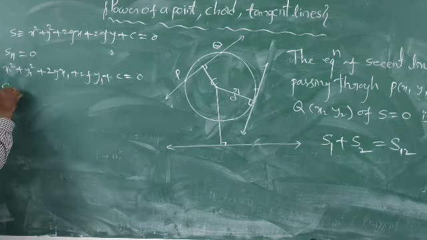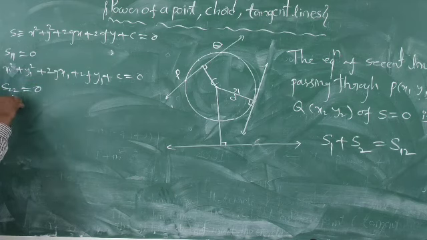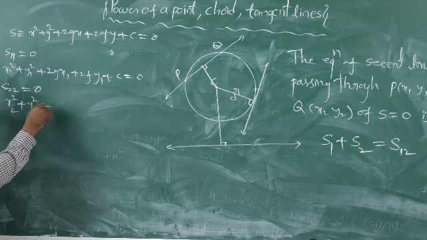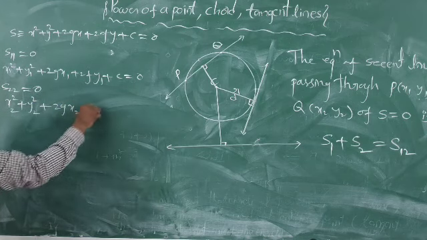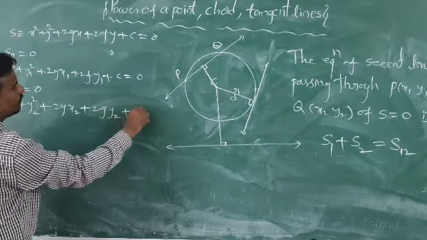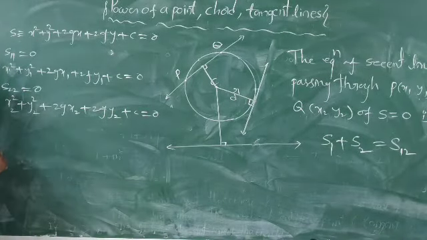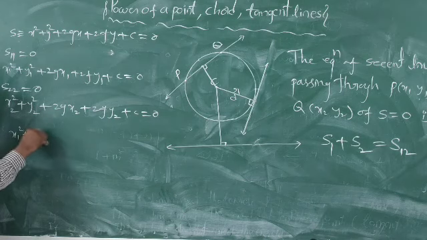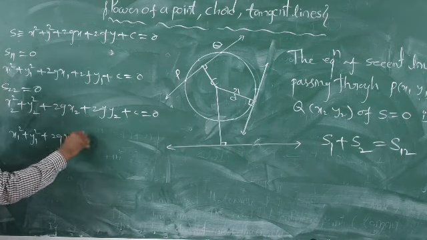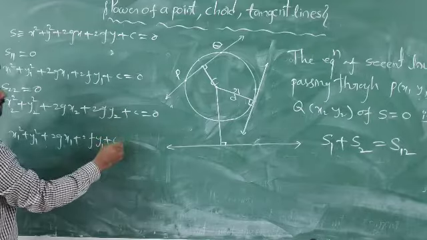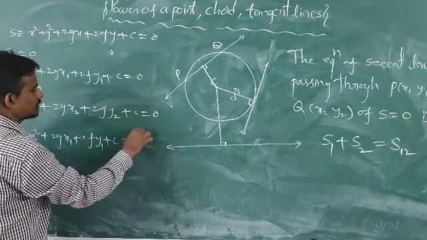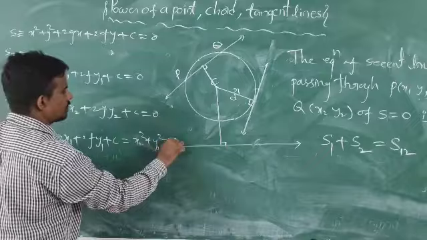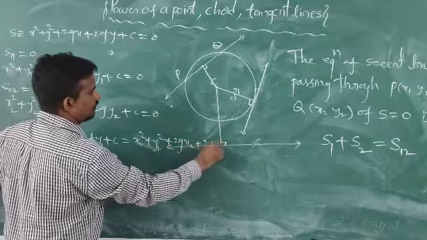And S22 will be equal to 0 because the point (x2, y2) lies on the circle. From this we are clear that x1 square plus y1 square plus 2gx1 plus 2fy1 plus c will be equal to x2 square plus y2 square plus 2gx2 plus 2fy2 plus c,